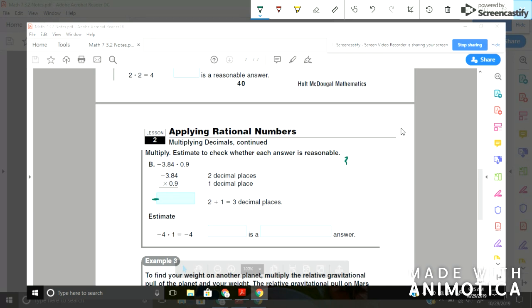So 3.84 times 0.9. Well, in this factor, I have 2 numbers after the decimal. And in this factor, I have 1 number after the decimal. So 2 plus 1 would give me 3 places that I'm going to have to move my decimal in the end. All right, 4 times 9 is 36. Carry my 3. 9 times 8 is 72. 73, 74, 75. Carry my 7. 9 times 3 is 27. Plus